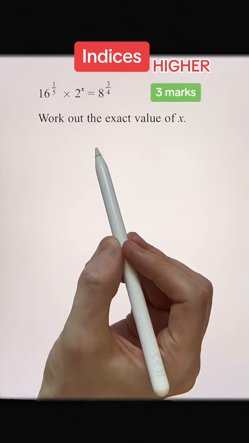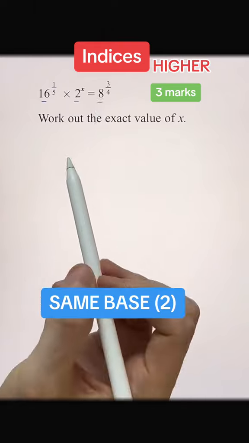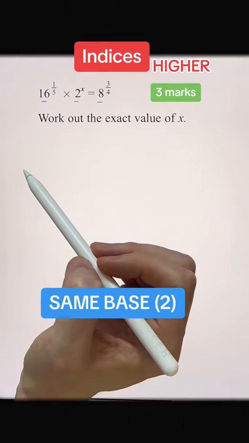Work out the exact value of x. When dealing with indices, we must have the same base. In this case here, I can realise I can rewrite 16, 2 and 8 as all having a common base